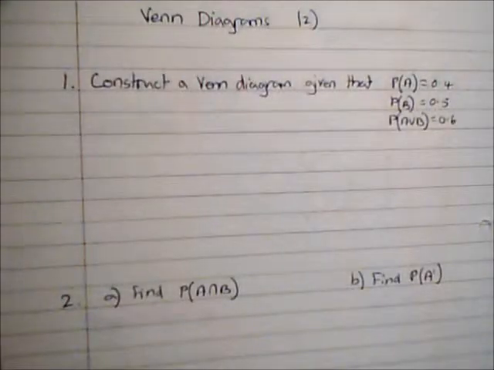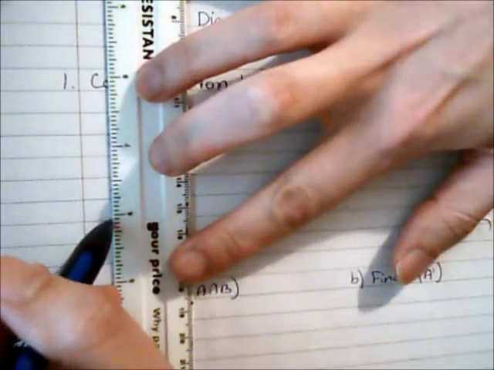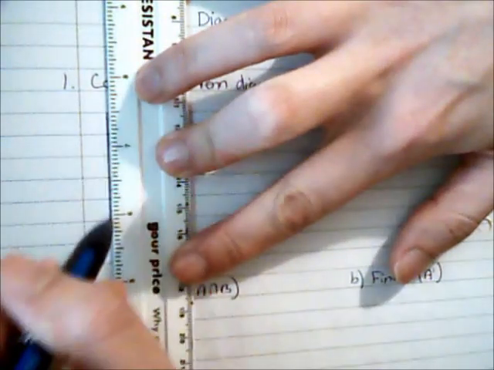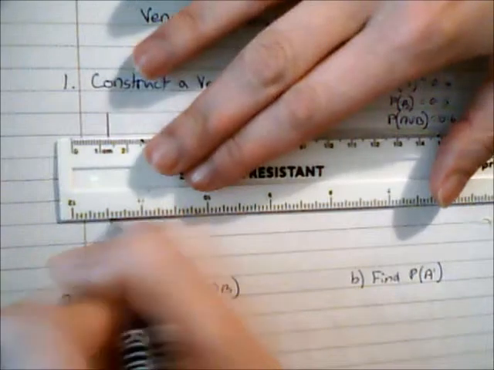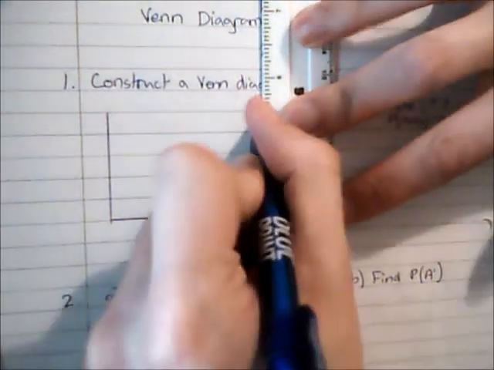In this video we're going to continue to look at the use of Venn diagrams to solve probability questions. So first of all we're going to look at constructing a Venn diagram given various bits of information here. So we're given information about two different events, A and B, so that gives me an indication of the type of Venn diagram I need to construct. So I'm going to need to construct one with two rings,